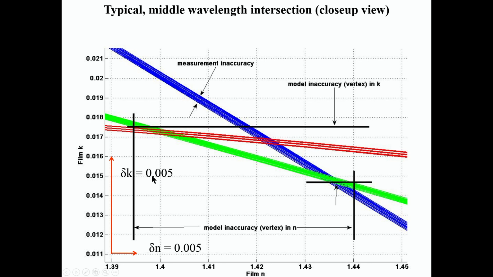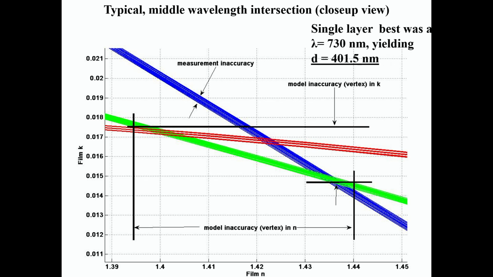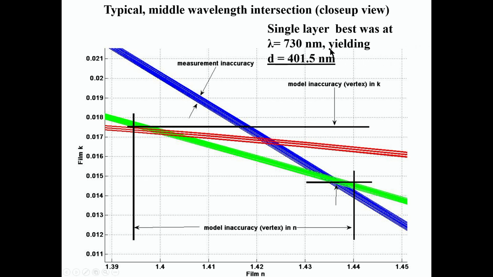So you can see they're not horrible. I mean, the length of this red line means delta K is about 0.005, so we're getting that nailed down pretty well. And delta N is also 0.005 in that direction, so it's less accurate in N and more accurate in K. Well, I want to go better than that if I can. But nevertheless, I will go ahead and apply this, and picking one particular wavelength,